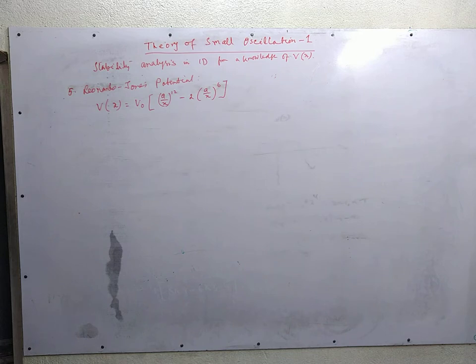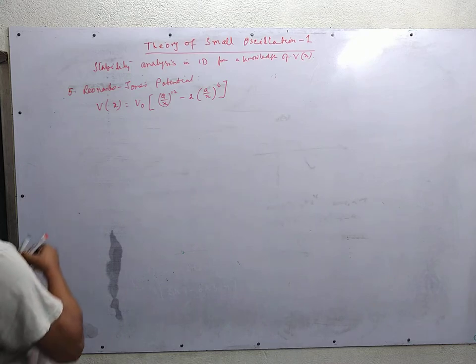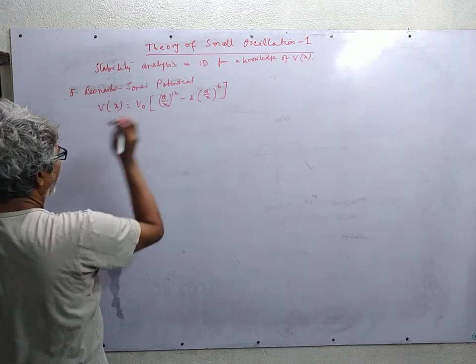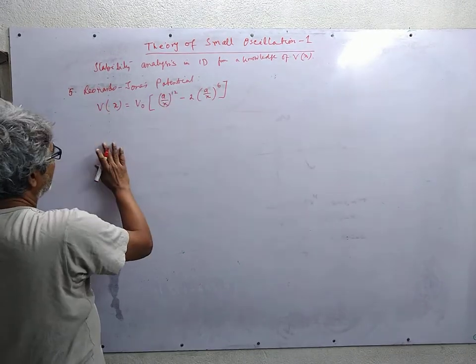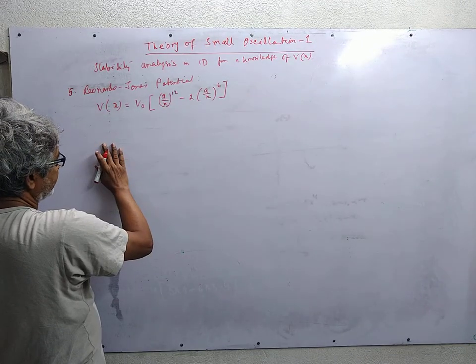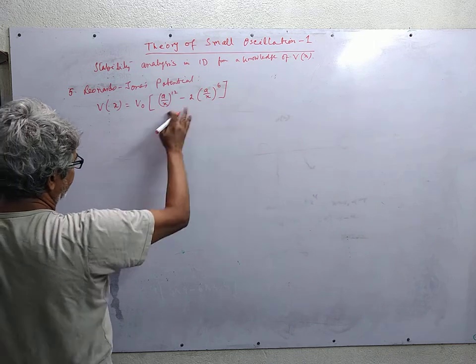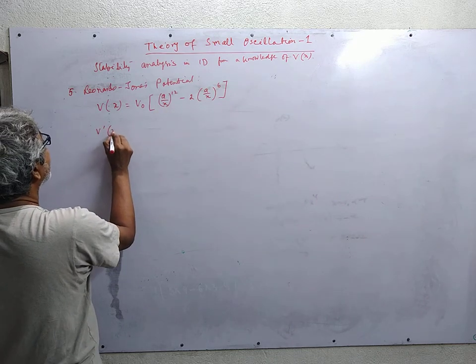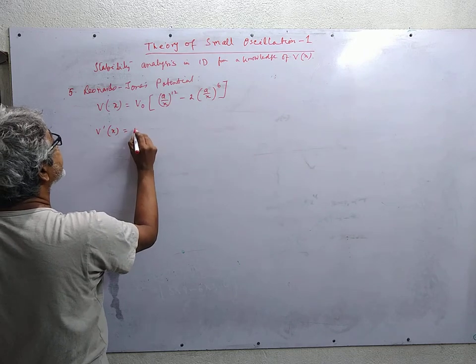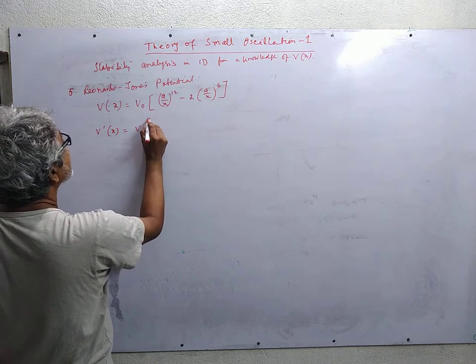Remember that it is a potential in 3 dimensions, but we have taken a model in 1 dimension, where A is a parameter which has the dimension of length, as it is evident from this expression. So we first calculate the first derivative of it. This is V0